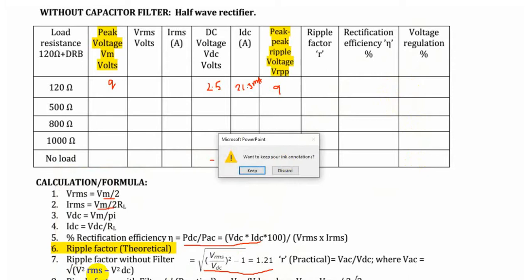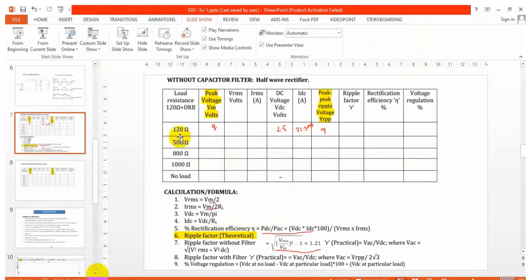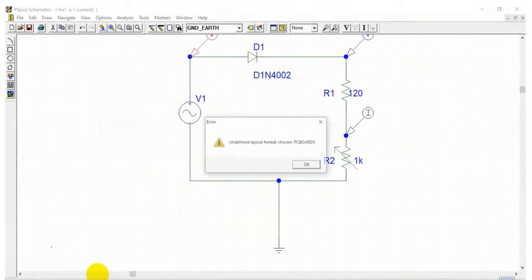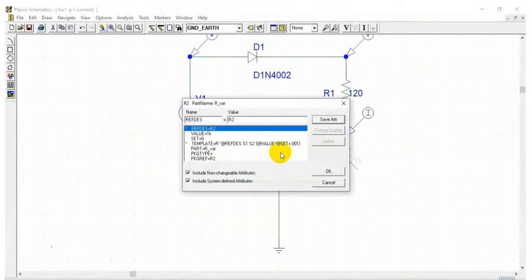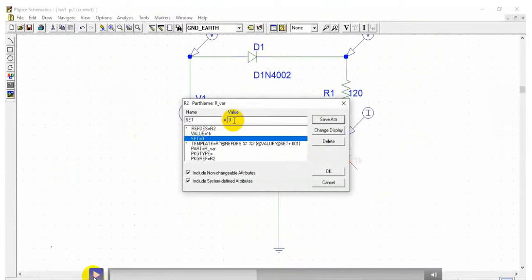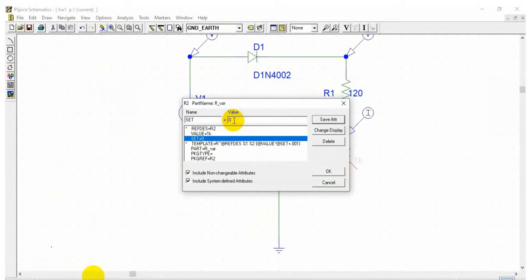Next, we have to repeat this for the next set of resistance. Increase the resistance to 500 ohm. In increasing the resistance to 500 ohm, the thing you want to understand is that the maximum value of the resistor is 1K, but the value we select depends on the set value, right? So the actual value of the resistor will be the set value into the actual value 1K. Whatever set ratio you set, multiplied by 1K will give you the actual value.